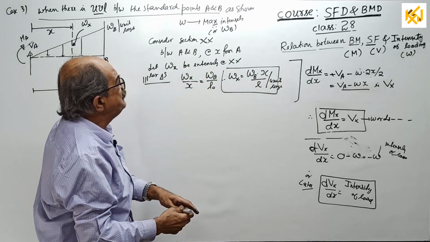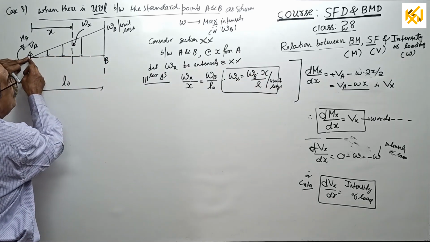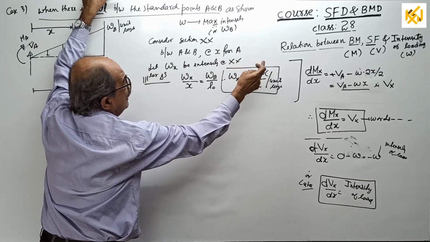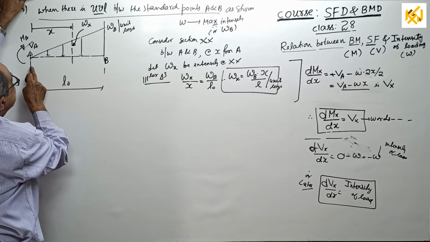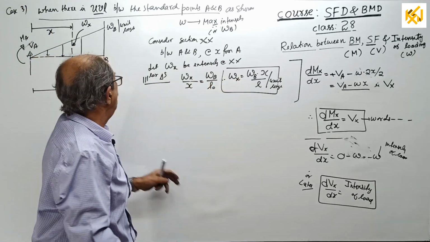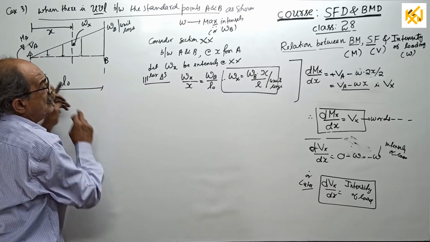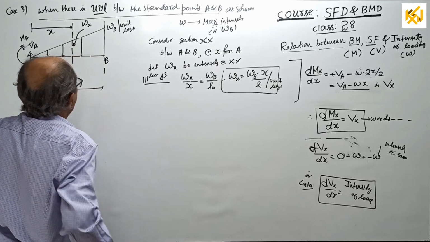Now see, in this equation, you put X equal to 0, you get intensity 0 here. You put X equal to L, WB, L by L, you once again get WB. If you put X equal to L by 2, you will get exactly WB by 2. If you put X equal to 1/4 of L naught, you get 1/4 of WB that way. So in general, WB. Now what do you say?